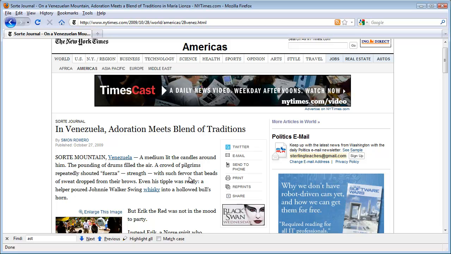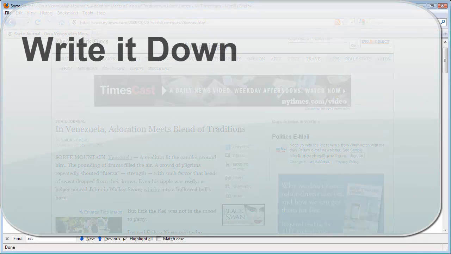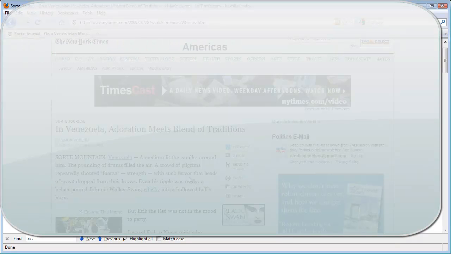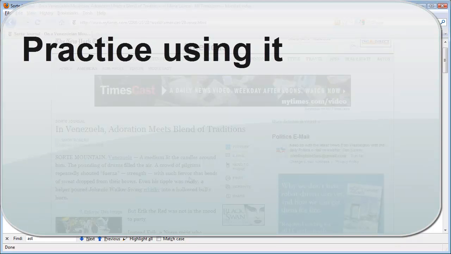But to internalize this, to make this part of your vocabulary, what I recommend doing is writing down the word as well as the definition. What I like to do is I like to use 3x5 cards and write down the definition as well as the word used in a sentence. Then, throughout the day, I like to use that word in my conversation with other people.